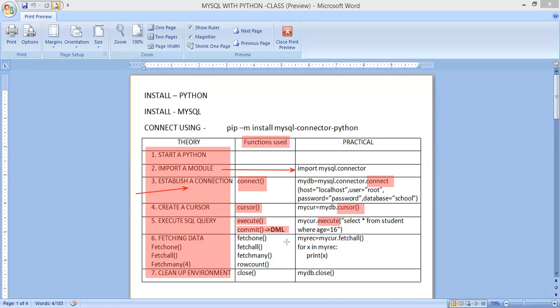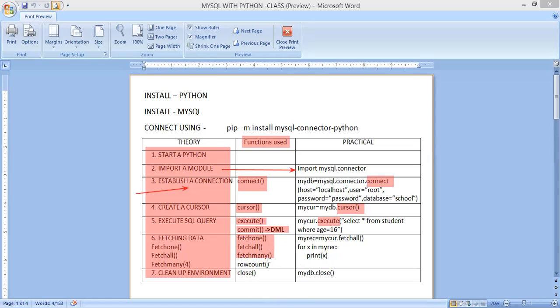Then after executing the query we will get some result set. To get the result onto the Python screen we need any one of three functions: fetchone, fetchall, fetchmany. These are the three functions available to retrieve the data from the result set.